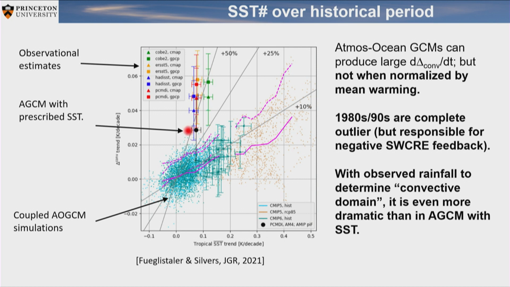So this is sort of 79 to present, the calculation. And you see, it's not completely out of the possible, but it's sort of a 1 in 1,000 event, more or less. What's even more disturbing, and I'm also interested to learn from JPL, is that instead of just focusing on sea surface temperature, I can also look at observed rainfall and try to determine what rainfall tells me about where convection happens.